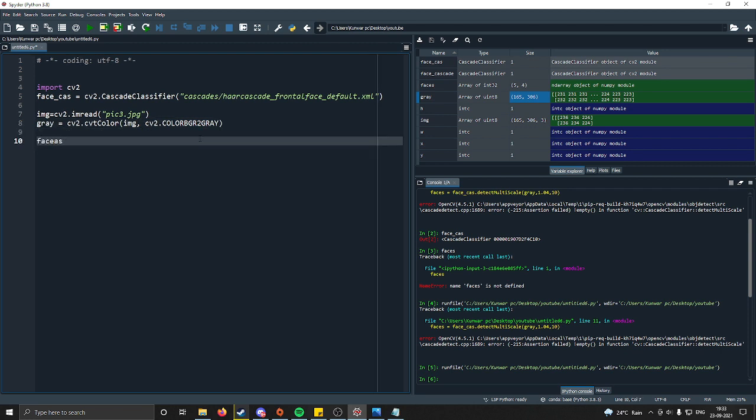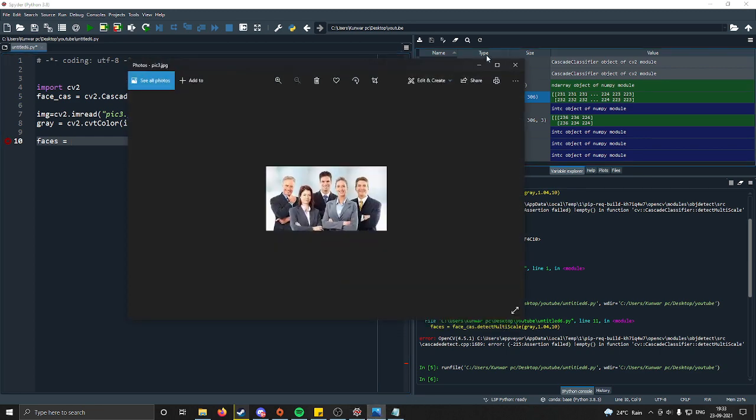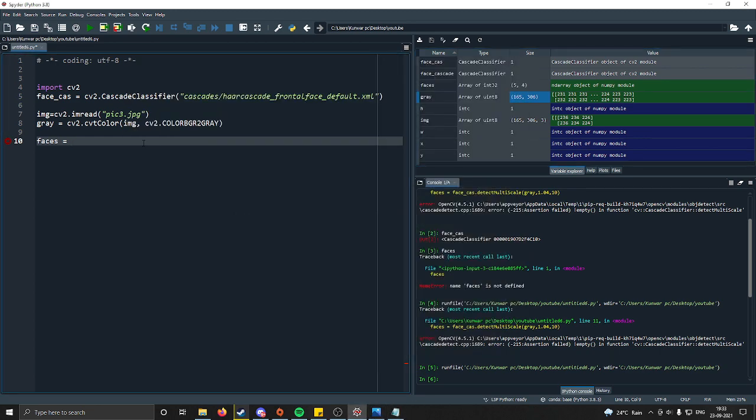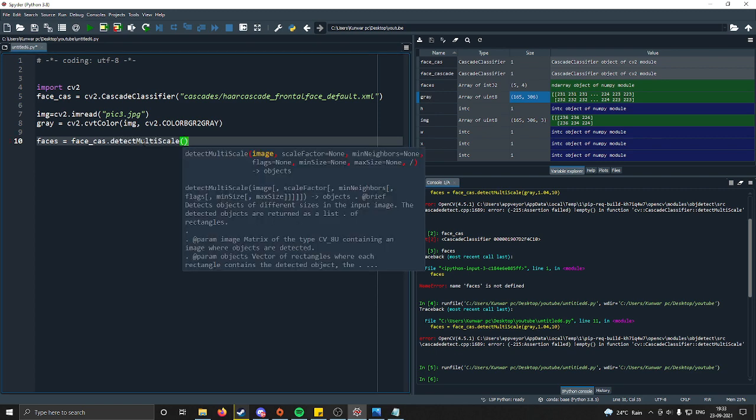And the coordinates of the faces will be found out by running the cascade through the image using a function called detectMultiScale. Why multiscale? Because we have multiple faces, that's why. So face_cas.detectMultiScale, and the source for this is gray,